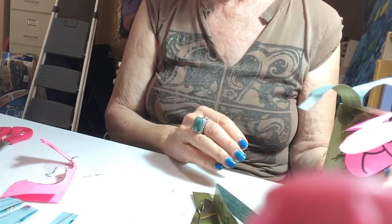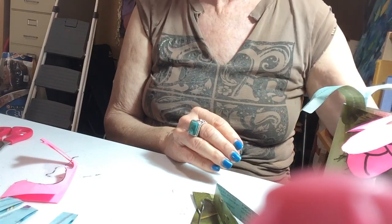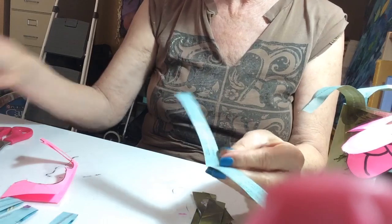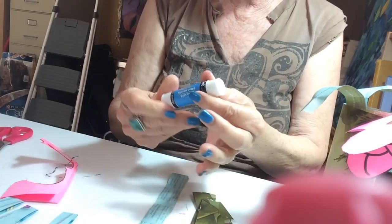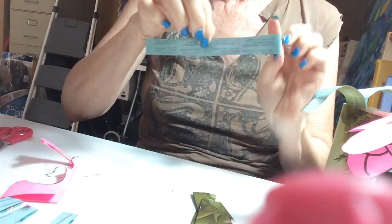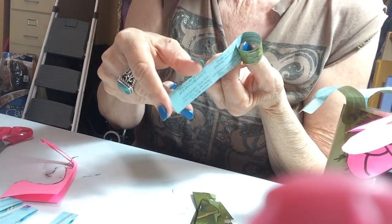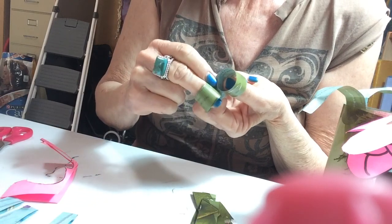5 butterfly, 6 butterfly, and that's stuck. And then to make the rounded ones like this, you just take the strip and you put glue in the center at the crease, right at the crease, and then you roll this one in, like you did the cylinder, and you roll this one in. So you have to turn it under like that